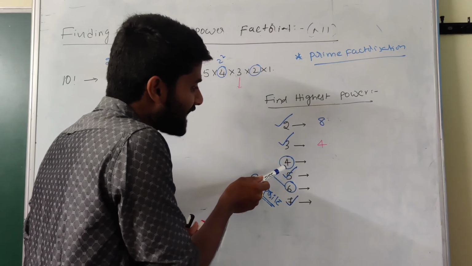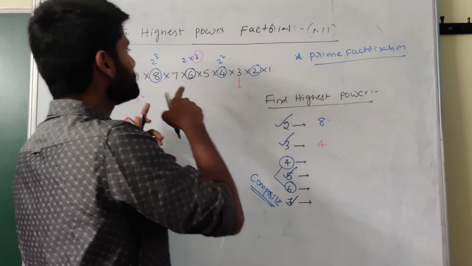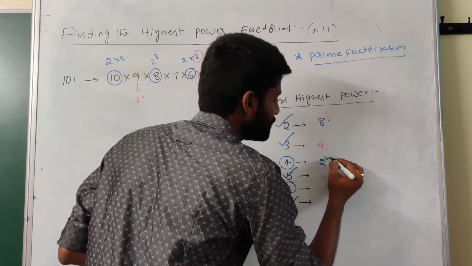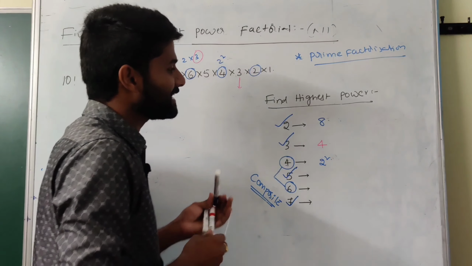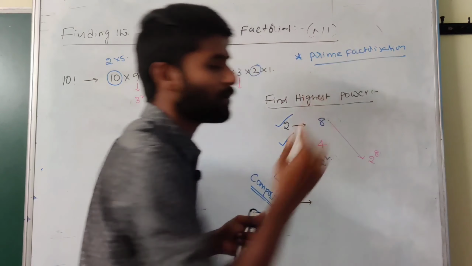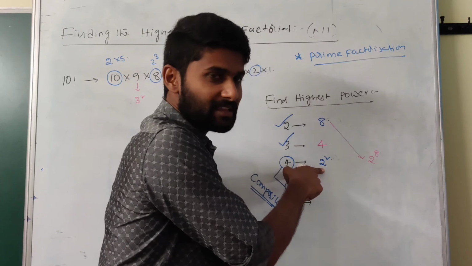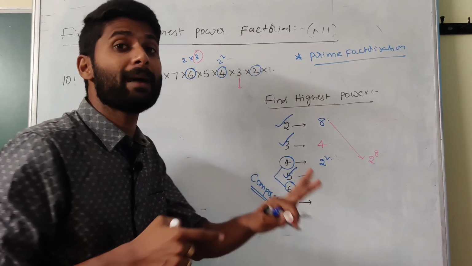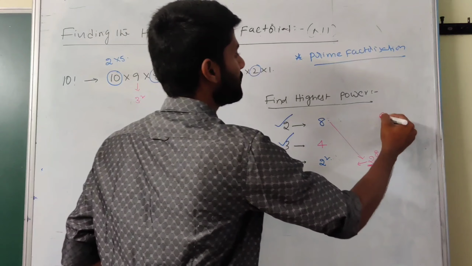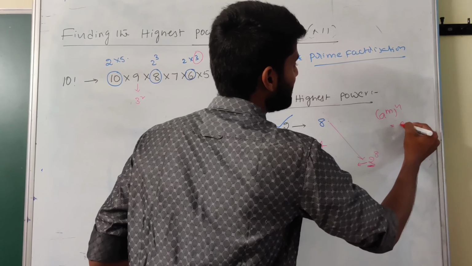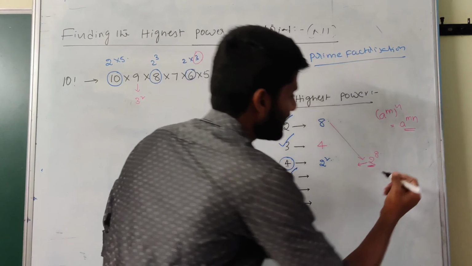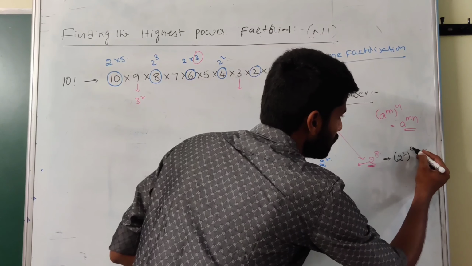For example, what is the highest power of 4? For the highest power of 4, you do not consider 4 directly. 4 can be written in terms of the prime number concept, so the value becomes 2 square. You already calculated that 2 has a maximum power of 8. But we want to know how many 2 squares there are, because we need to find the maximum power of 4. So convert 2 power 8 into the 2 square concept. We know the property: a power m whole power n can be written as a power mn. Then 2 power 8 we can write as 2 square whole power 4.